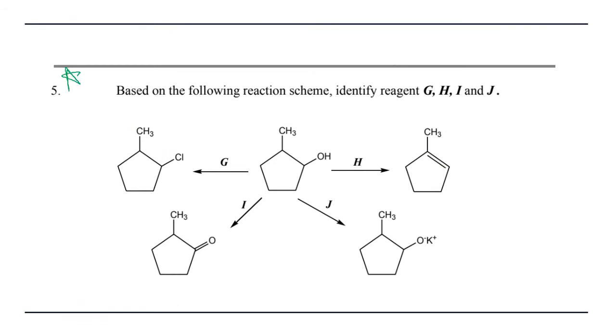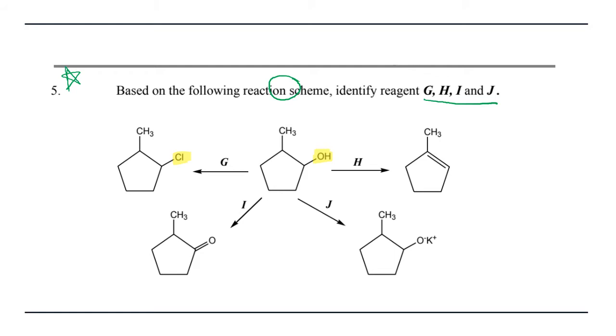Tutorial question number 5. Based on the following reaction scheme, identify the reagent G, H, I, and J. So when you want to answer this question, maybe we can do the spot the difference. For this alcohol, we have the hydroxyl group, and the different part is here, the Cl. So when you refer to the mind mapping that you have in your lecture and in your notes,